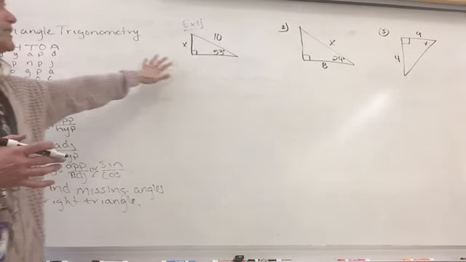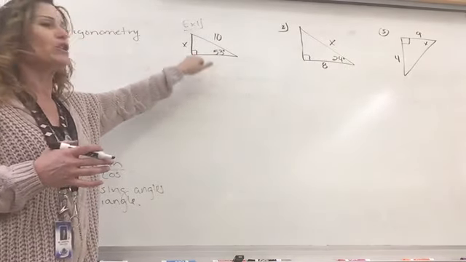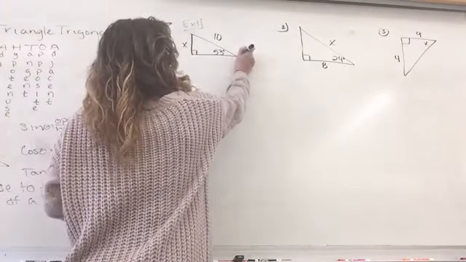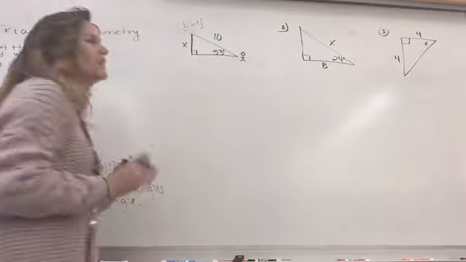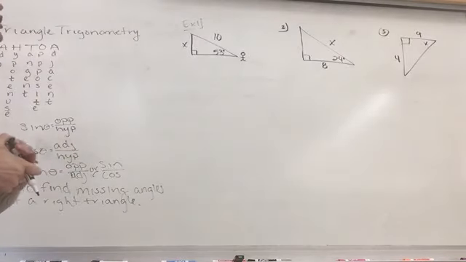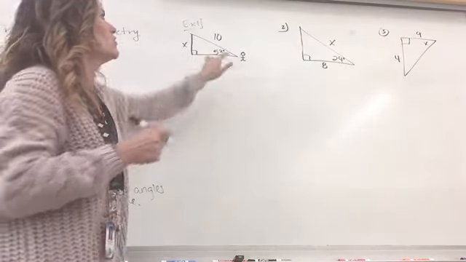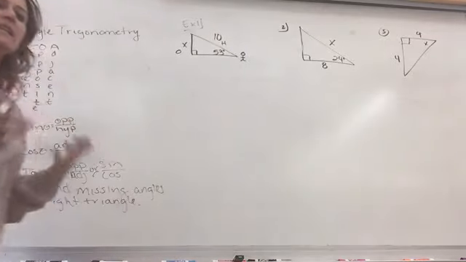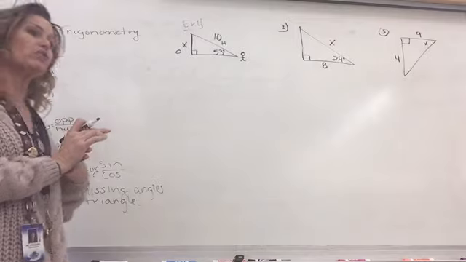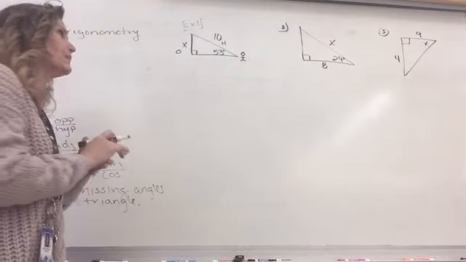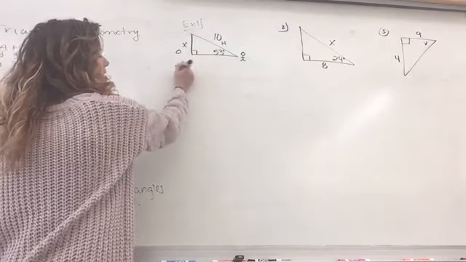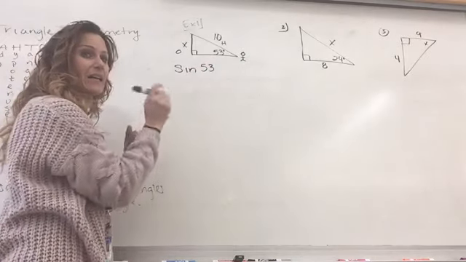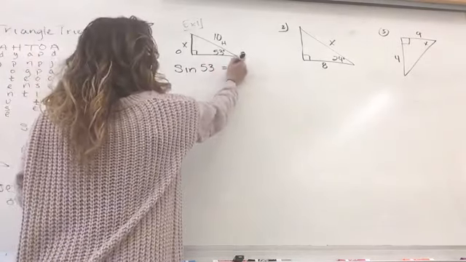So here we have our first example. We can never use the 90 degrees as the reference angle. We have to use the other angle. So I'm going to draw my little man standing here. That's my reference angle. So x to the angle is the opposite, and the 10 is the hypotenuse. I need to think to myself, which of the three trig functions uses opposite and hypotenuse? Well, that's sine. So I say the sine of 53, and it's pronounced sine, not sin, is equal to the